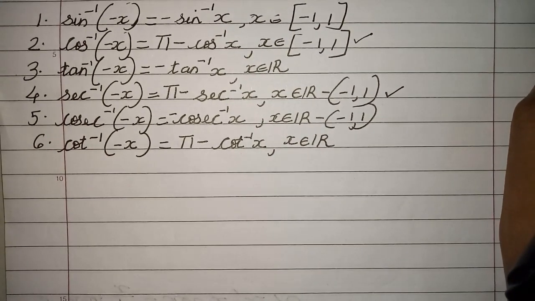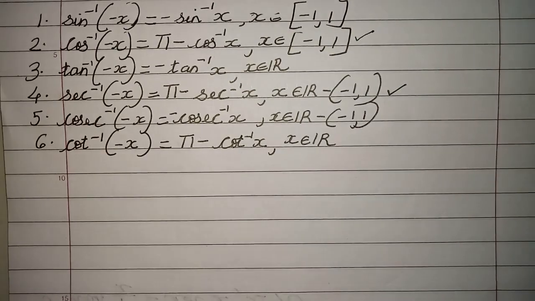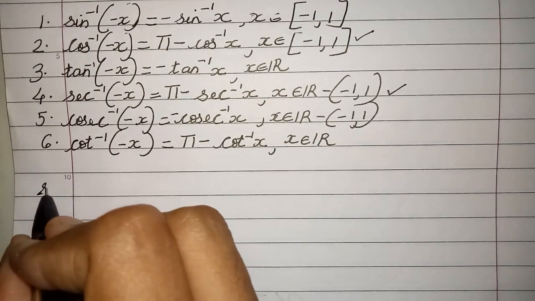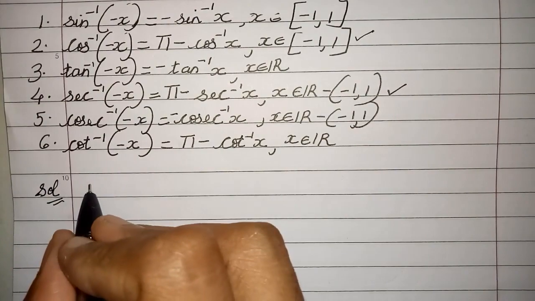Because this time one formula is in pi and another one is without pi, there is no single formula. So let me prove it. Don't get worried. Let us do it. Okay, so first one,